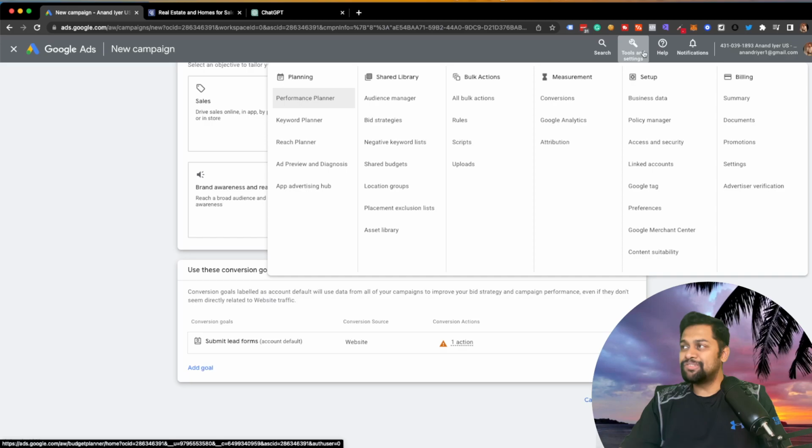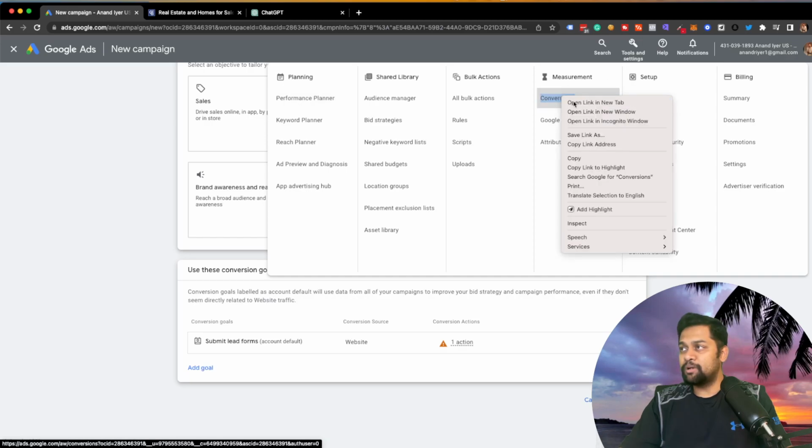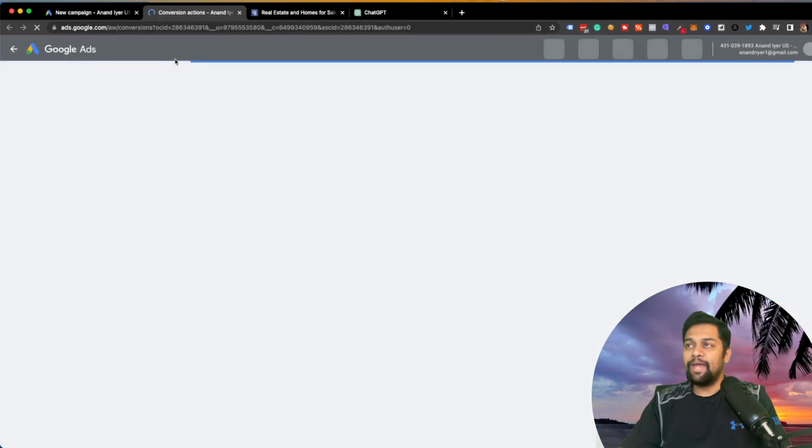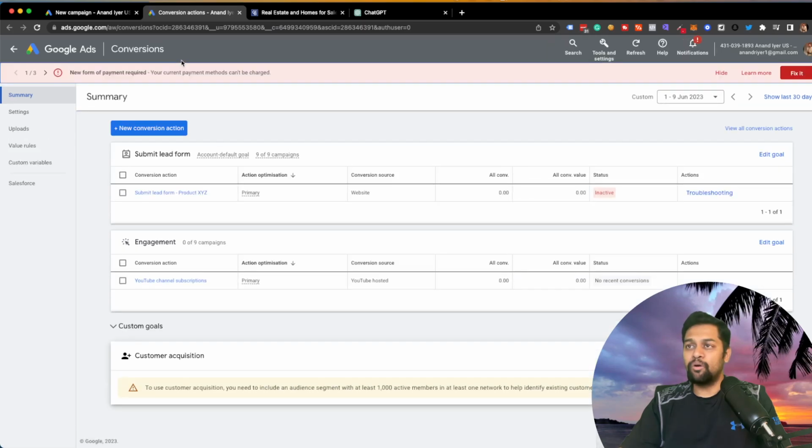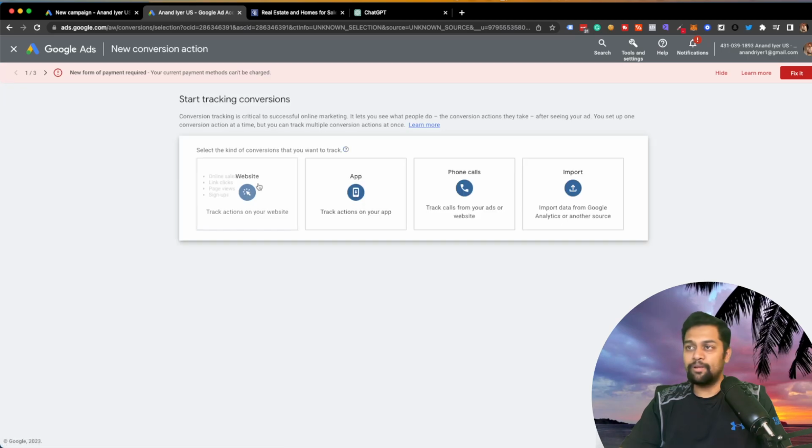In your tools and settings, under measurement, you can click on conversions, and this is where you will configure your conversion action. So let's say, for example, you are having a contact us form on your website and you want to try to identify how many people are filling out your contact us form, and you want to basically categorize that as a conversion. In that case, what you will do is you will click on new conversion action, you will click on website,